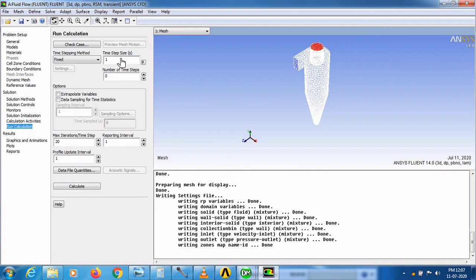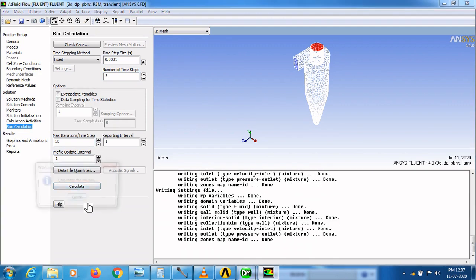In time step size, you have to provide 0.0001 second. Number of time steps is 3 and maximum iterations is 20, and run the calculation.